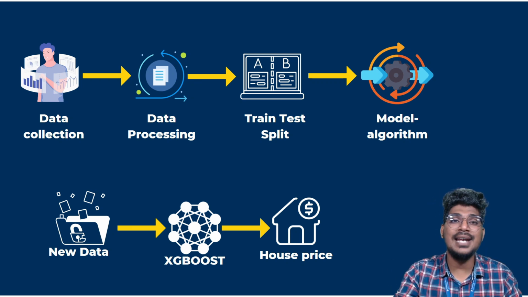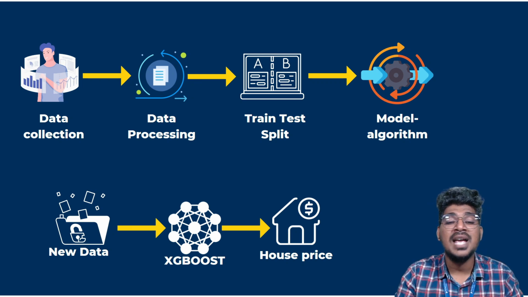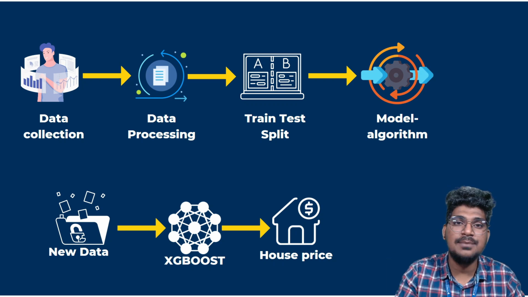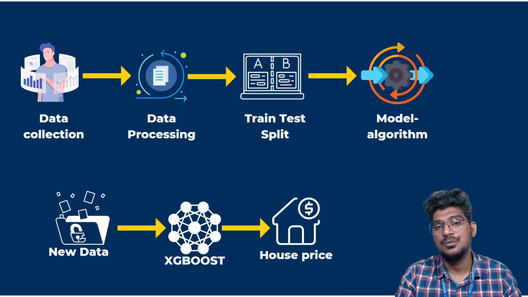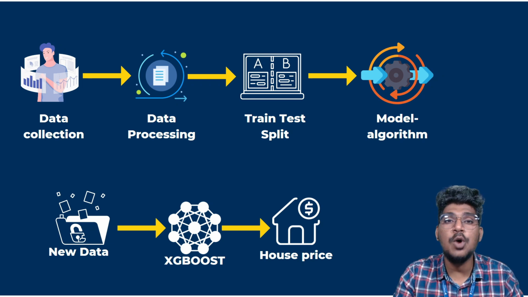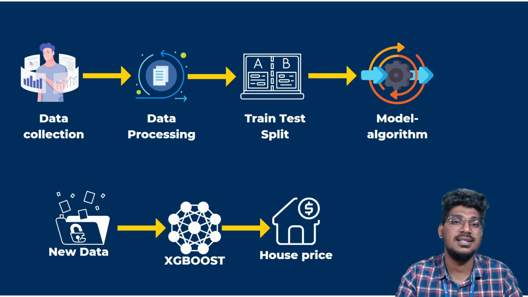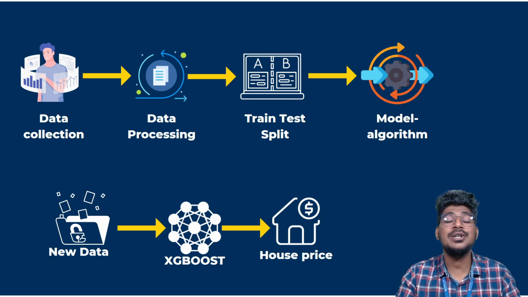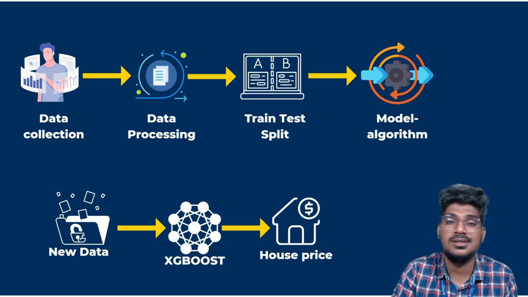So once you are going to create a model, we need the XGBoost algorithm. That is the regression algorithm for the prediction. With the help of the XGBoost algorithm we will create a model, and with the help of the X-train and Y-train training data sets, it will be trained. Once it is trained, we get into the evaluation process.